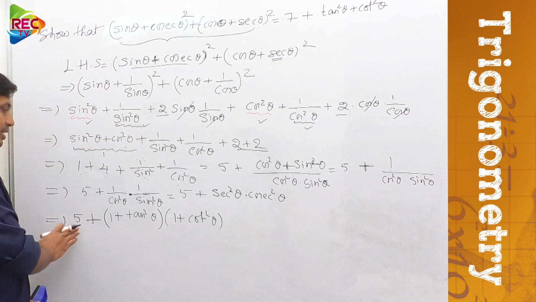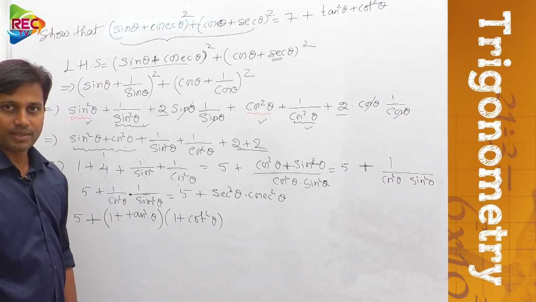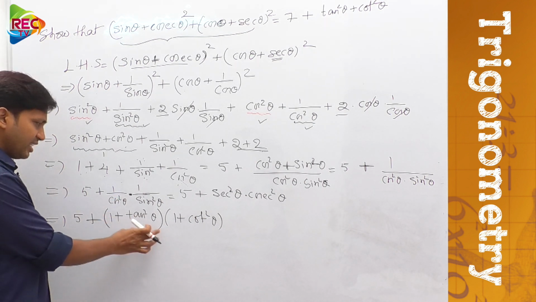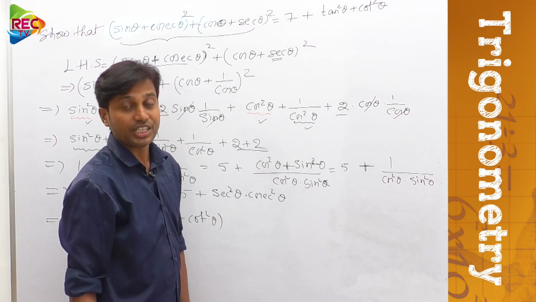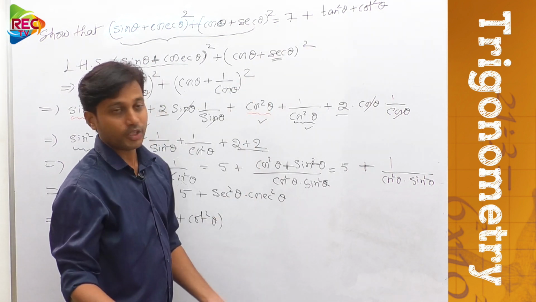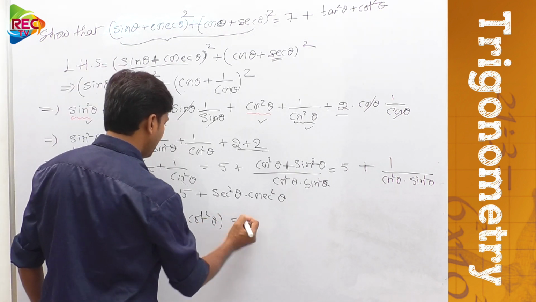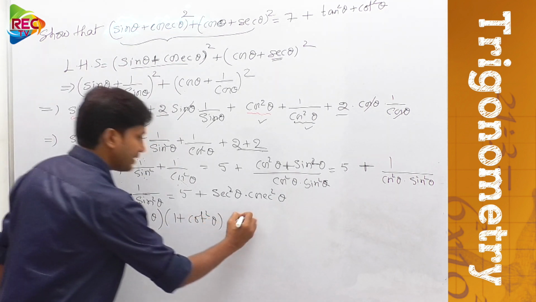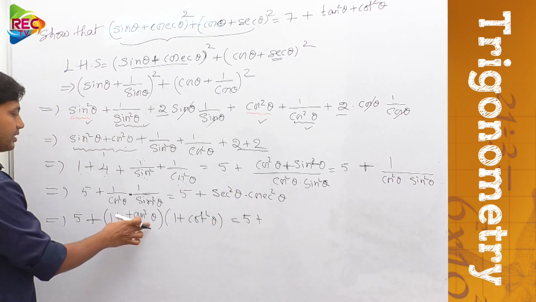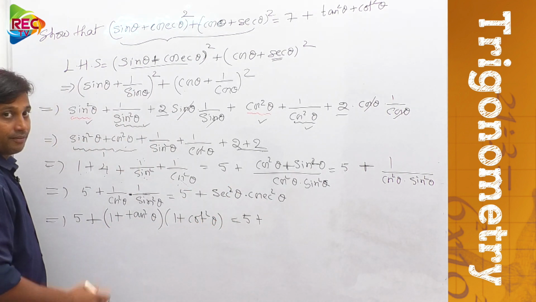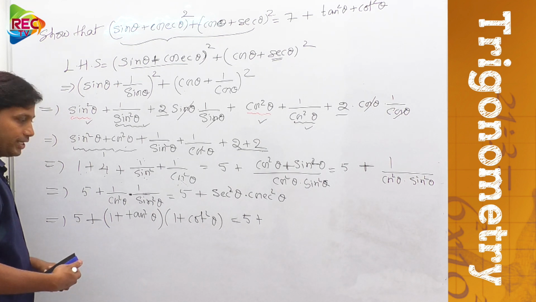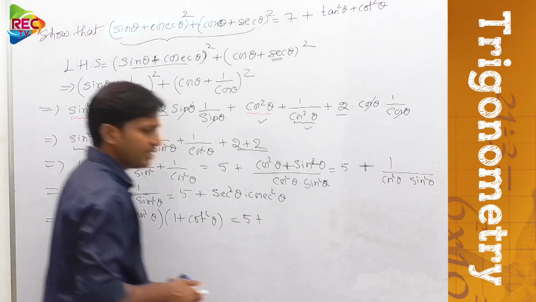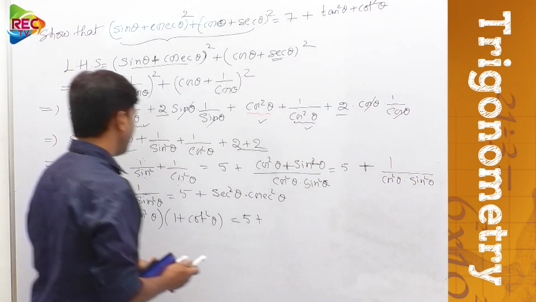So see this here guys, now we need to do some more further simplification. I think this is looking something like this, because we converted all terms into tan and cot. Now let us do the further simplification here. See, 5 is written as it is. Now this is a binomial term and this is a binomial term. We need to multiply this. So how to multiply them, tell me? Let me show here.